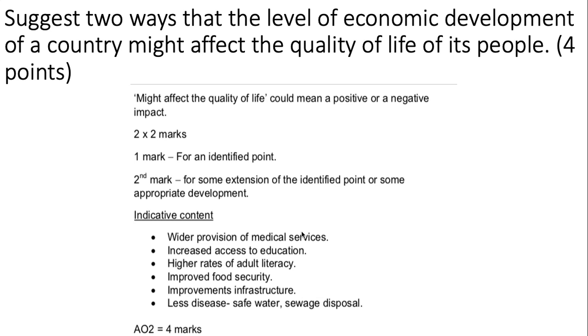life for its people. So, this one we're looking for 2 points and 2 explanations. And you can either talk about positive or negative. So you can talk about a high level or a low level of economic development and the impact that that would have on somebody's quality of life, or the quality of life of the people